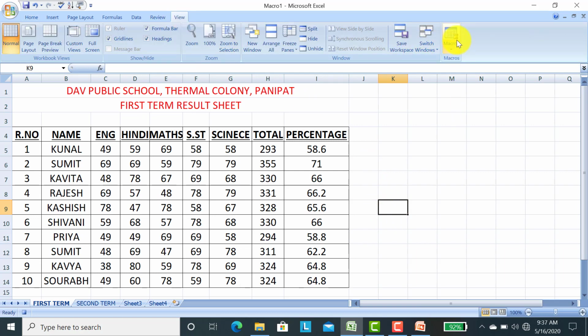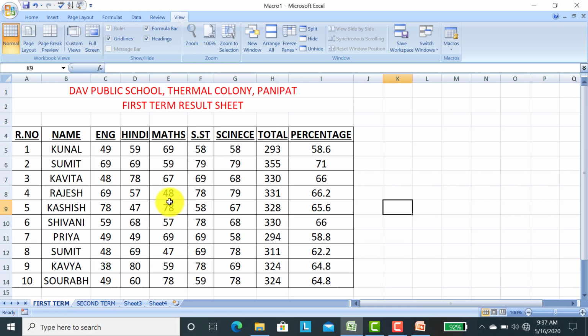Go to view and macro and stop recording. Now all the steps you have done here in the first term sheet have been recorded in the macro named macro1.